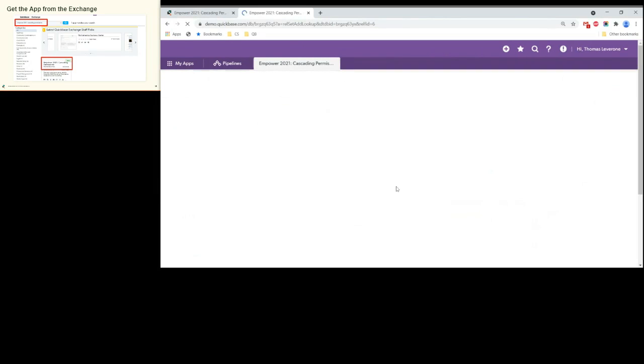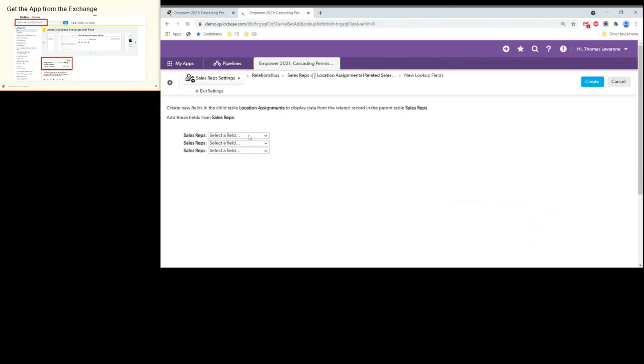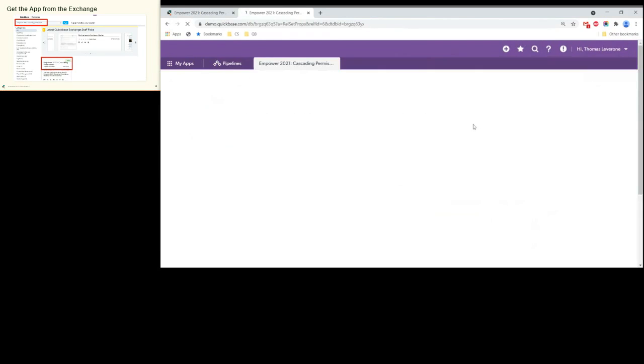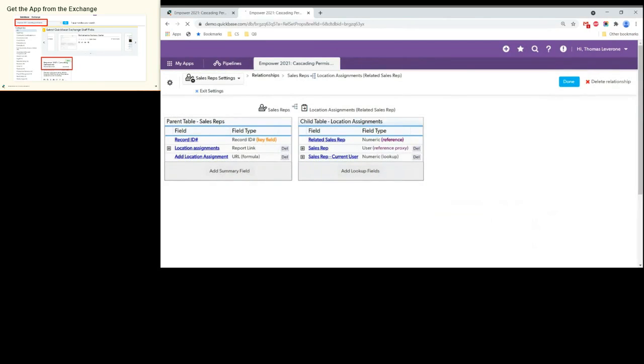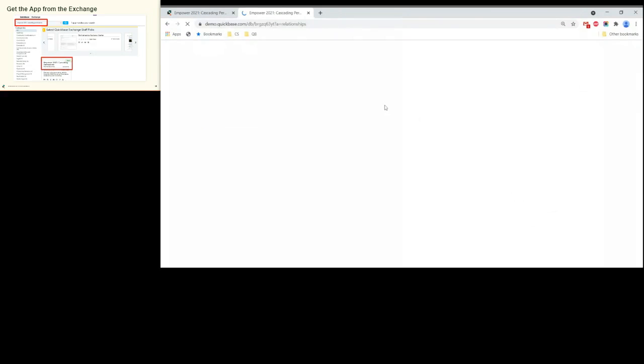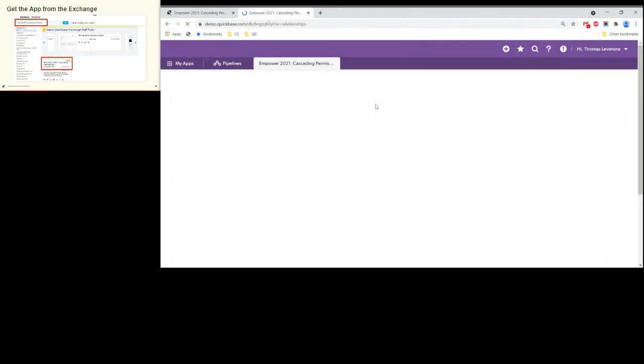We will click add lookup field, and we're going to pick that current user field. Right? So just select the field, current user. And we're not even going to rename it because it still makes sense, right? And we'll look at that table to actually see what it's doing. But sales rep dash current user, that's still right. The sales rep on this assignment is the current user. We don't need to rename that unless you want to. But if we click done and we go look at that table,